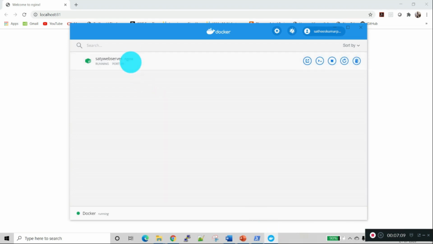So this is the server running. And here is the button to open the browser, and this is the CLI tool which we will be working with. We can stop the server, restart the server, and delete the server. So we need no command line programming to restart the server, because Docker supports the container, so it provides all the container features to work with the web server. Now I will open the CLI tool.